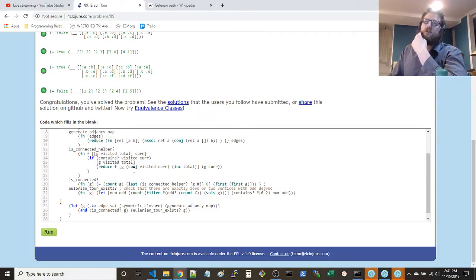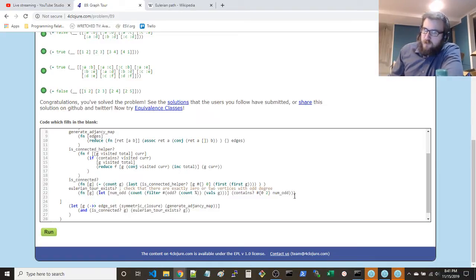If the number of nodes you count while traversing through the depth first search is exactly the size of the set, then obviously it's connected.